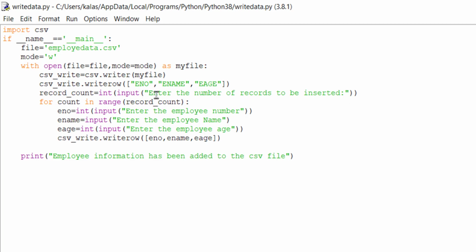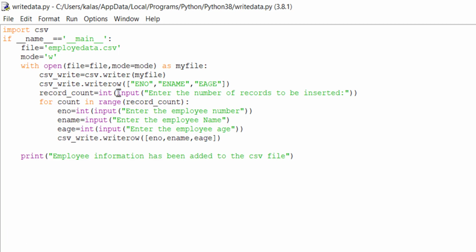The input method takes the input from the keyboard. The number of rows is integer data, but whenever we use the input function, it takes the input in the form of a string. So I need to cast that input into an integer, and here I am casting it to integer.